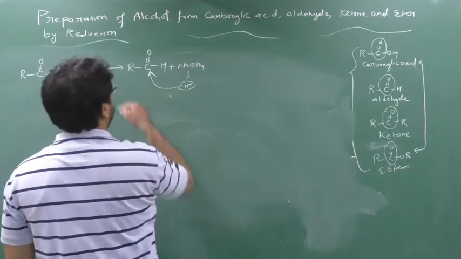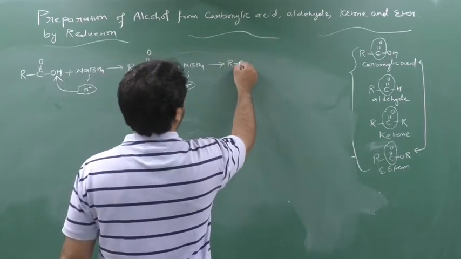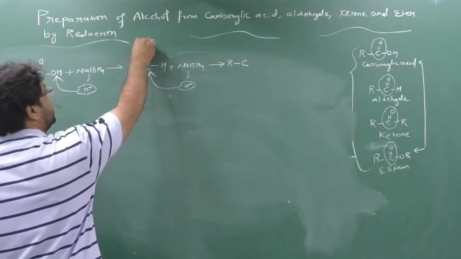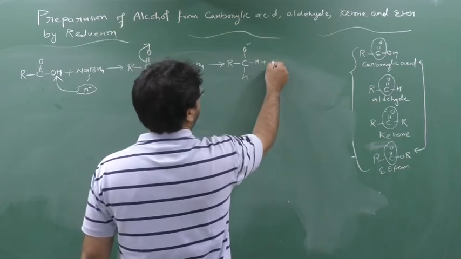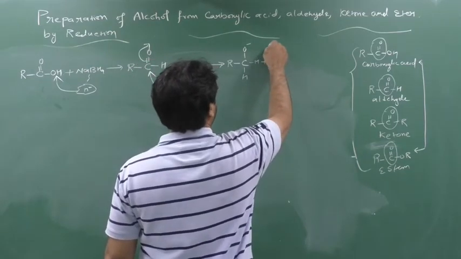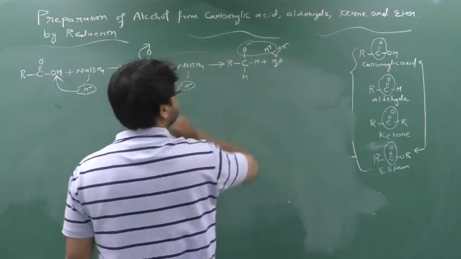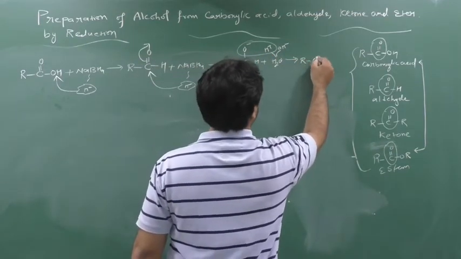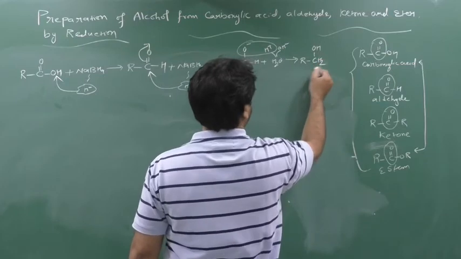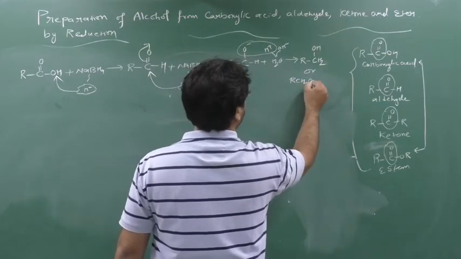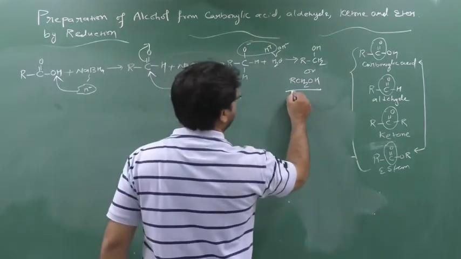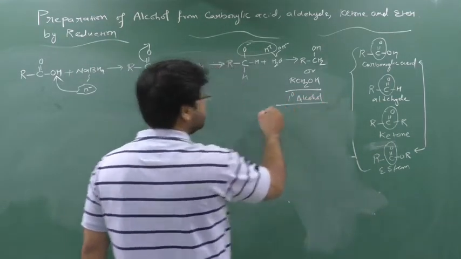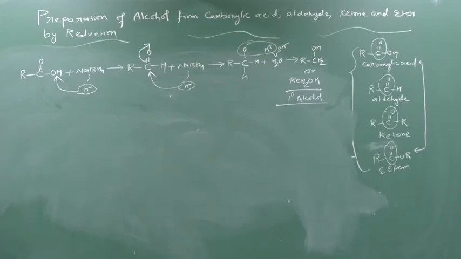So this H minus will attack here now and form what here? This H minus will attack here, this bond breaks and enters into this oxygen. So RCO minus, here one H, here one H. Then we will take water and do the hydrolysis, it will form H plus and OH minus. So O minus and H plus, what will it form? It will form RCH2OH. So from this also we came to know that the OH is attached to a carbon which is attached to only one carbon. So we say it is a 1 degree alcohol. So carboxylic acid also will generate 1 degree alcohol.